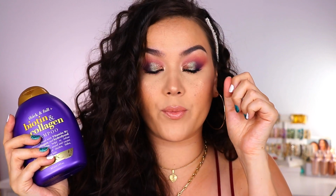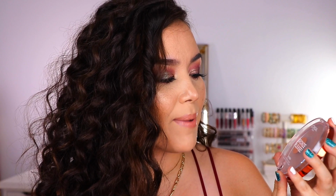Whoa. I just got one of those weird floaties in my eye. This is the L'Oreal Paris Bronze Please La Terre Sun Powder Face and Body Bronzer in shade 4. Obviously, if you're looking for something a little bit lighter, you can go down. Plus, I want to say it was either shade 3 or shade 2 that looked slightly cooler than this one. I really love a really rich, warm, reddish, orangey type of bronzer, so this is perfect for